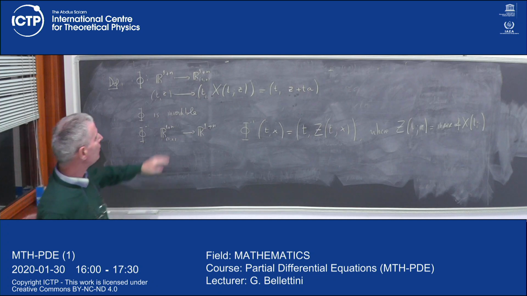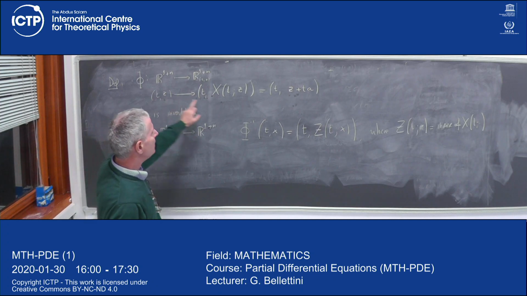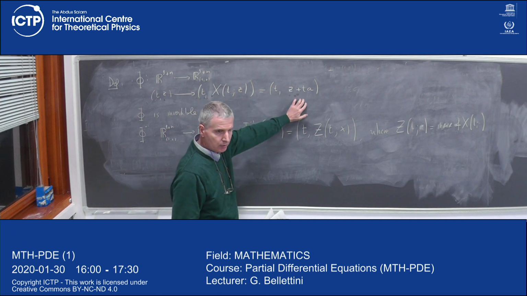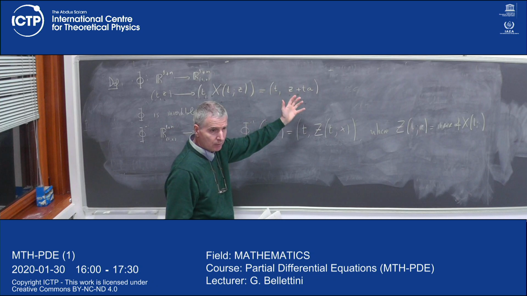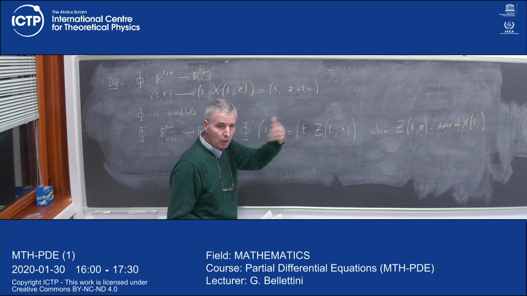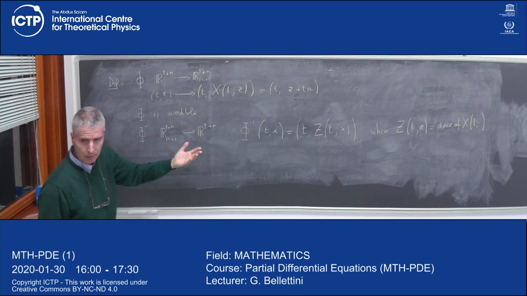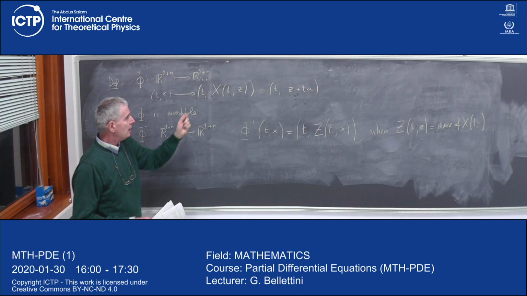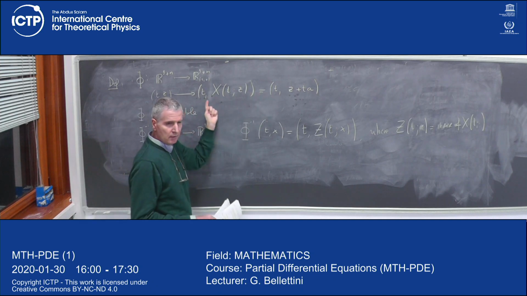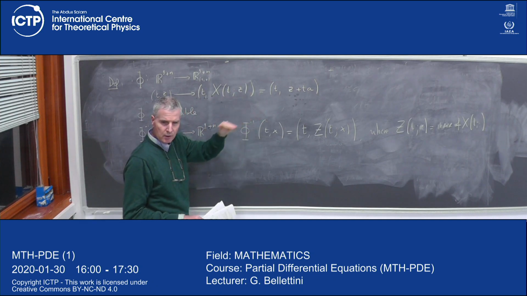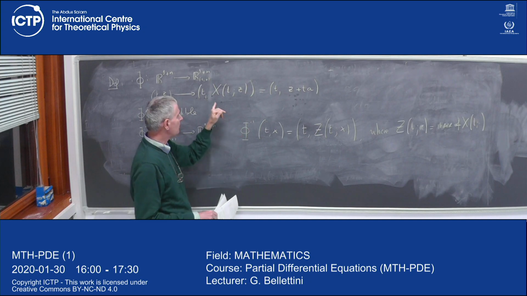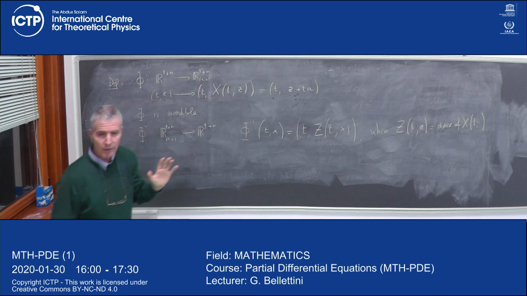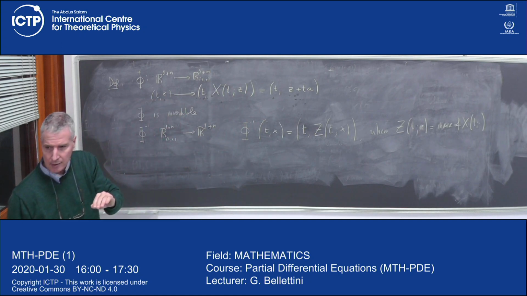Fine. Now you see, I'm sending Tz into Tx, and X has this expression. It is clearly a diffeomorphism, and it is globally invertible, right? So I can consider the inverse. It is the identity in the first component, this diffeomorphism. It's a very special diffeomorphism because it is level preserving. It preserves T. So it's not any diffeomorphism; it's very specific because it is the identity in the first component.